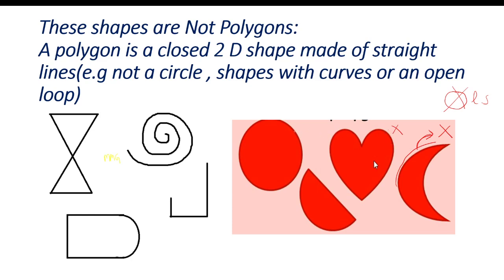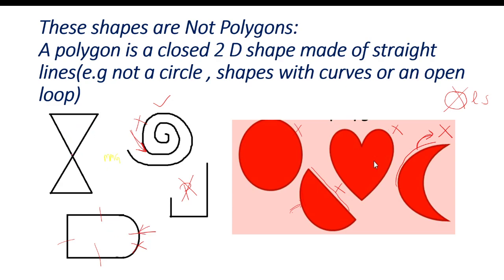Now look here children, here you can see circle. You all know circle is not polygon. Here you can see semicircle. Children, you might be thinking, ma'am, here one line segment, but here you can see this side, this is a curved side, so again it is not a polygon. Now look here children, this one is an open area. In this picture we have open area here, so it is not a polygon. Now this one again, it is not a polygon because it has open area. Now here children, 1 2 3 line segments, but this one is not a line segment, it is a curved side, so it is not a polygon.